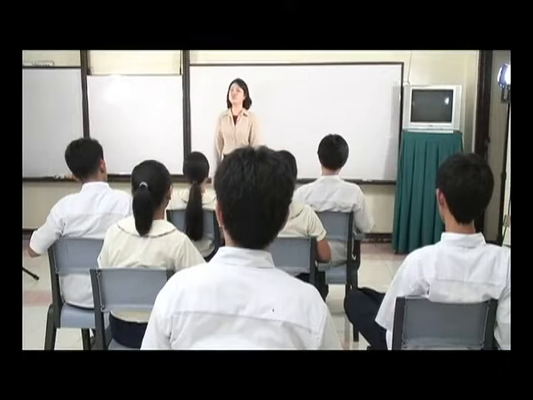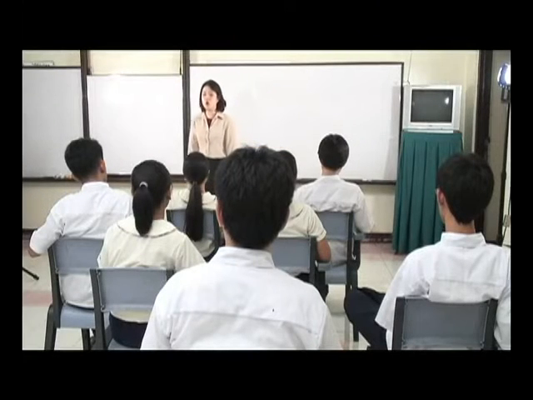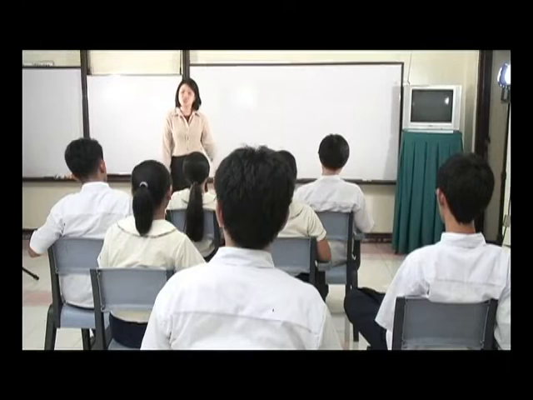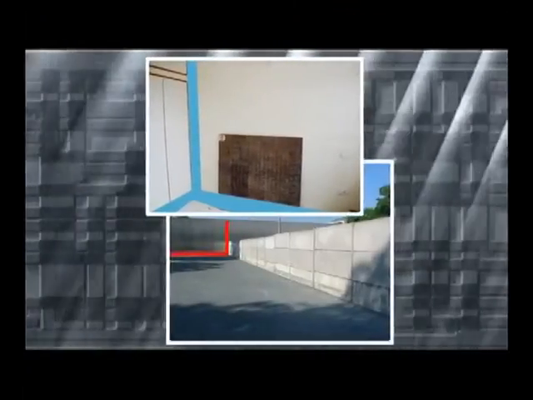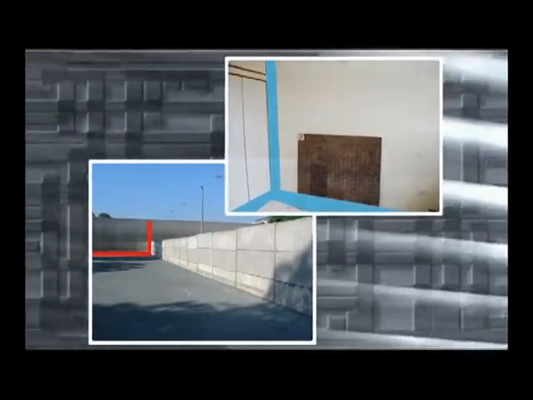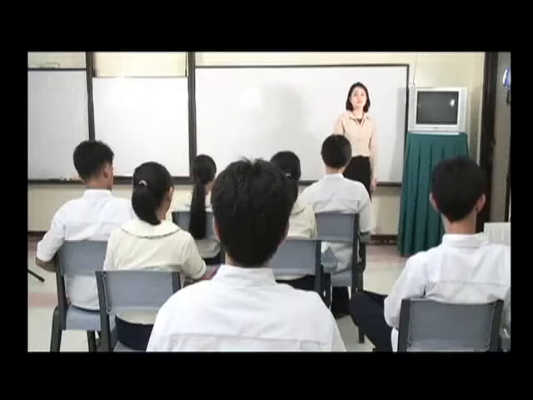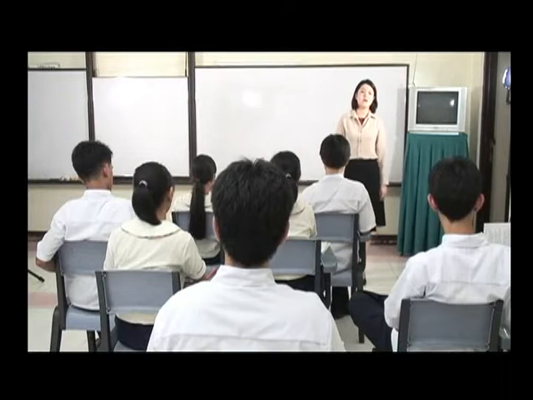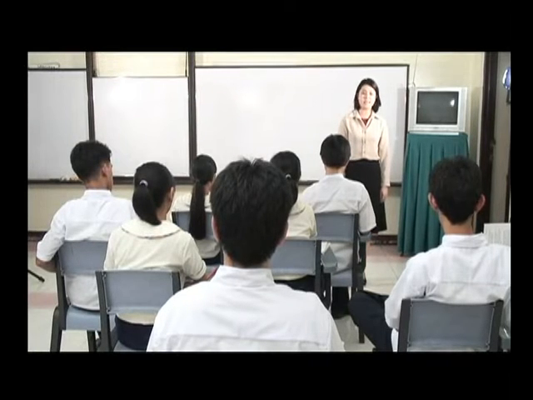Some of these lines are perpendicular, but not all. You can try looking at the street maps to see that this is so. A vertical and a horizontal edge of a wall that meet at a corner are perpendicular. Yes, that's right. We shall study how the equations of two lines perpendicular to each other are related.